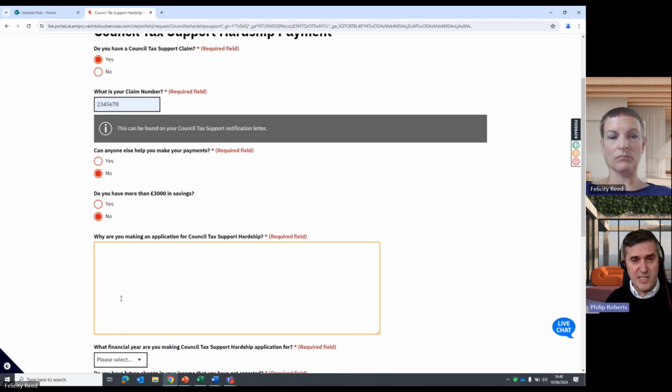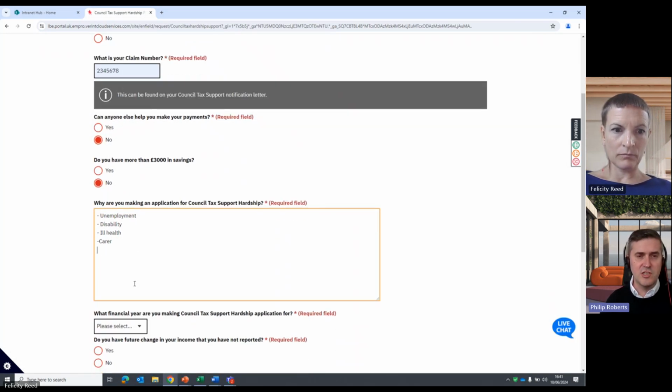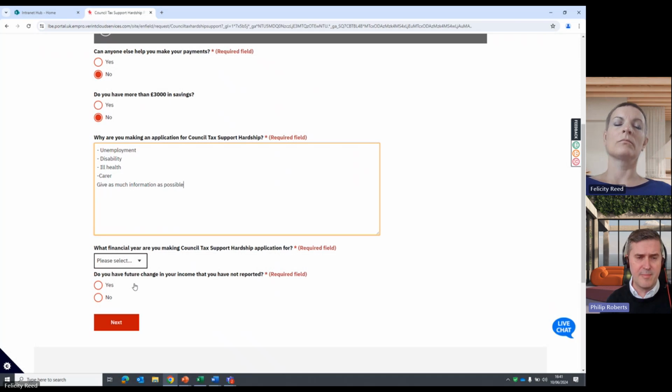So here you can basically just explain why you're making your application. Give a good explanation of your situation. What's got you to this situation where you need to fill this form in? Is it because you're unemployed? You've got some disabilities, you've got ill health, all those kinds of things. Just give as much information in that box as possible, to explain why you need to fill this form in